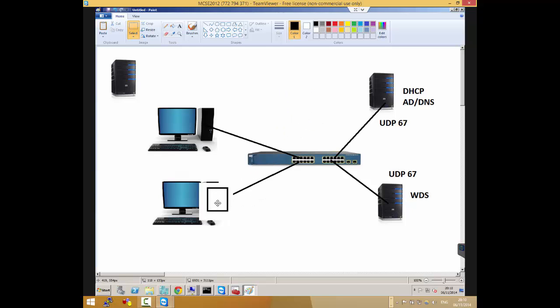This guy will go, hey, DHCP port, UDP port 67, any DHCP server out there, I need IP configuration. We'll send this list of requests, and this guy gets it and replies. Okay, the DORA process, discover, and they're like, yeah, I have an offer for you. This is an offer for an IP address. This guy also gets it, and it also replies.